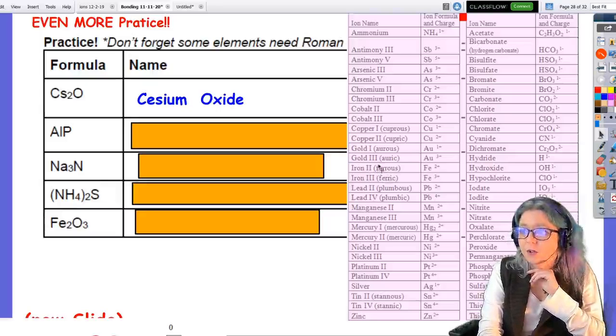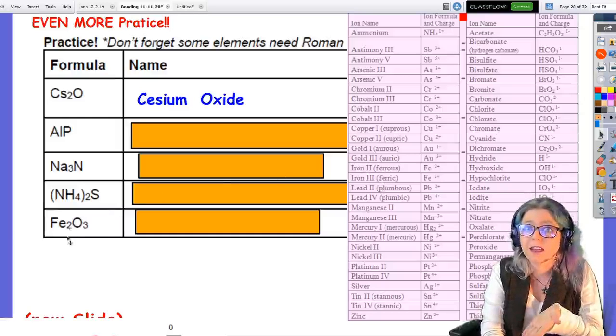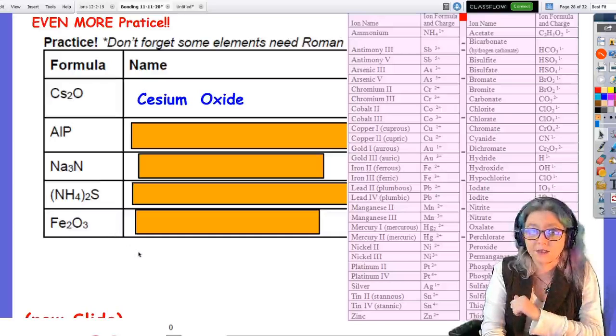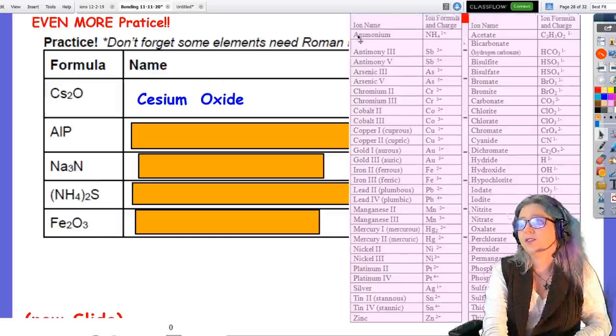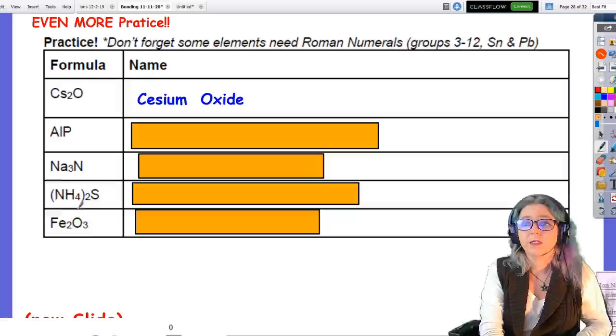I have to use Roman numerals because it's in the middle of the table and because there's more than one charge. Maybe this is iron 2. Maybe this is iron 3. We now have the tools to easily figure this out. There's 2 different ways to figure it out. So if this is my balanced formula, I know the charges of 2 irons and 3 oxides are going to